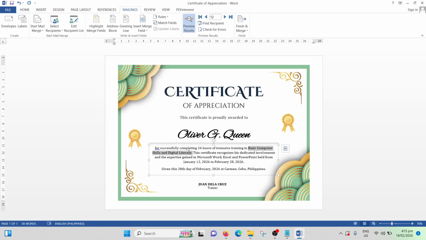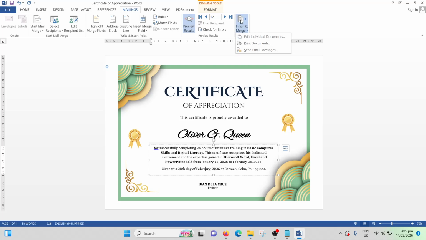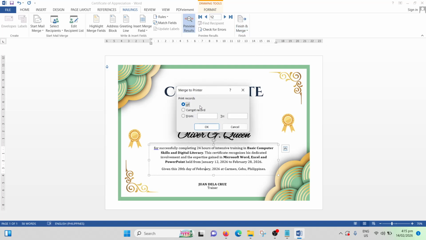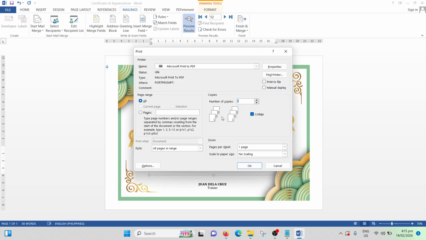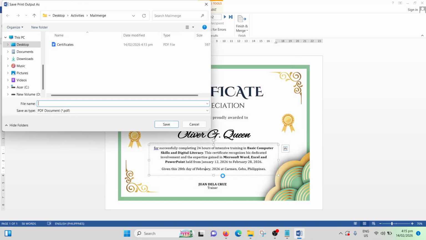I need to highlight the title of the training and the application like that. I can always do it and then reprint it all over again and then replace this one.